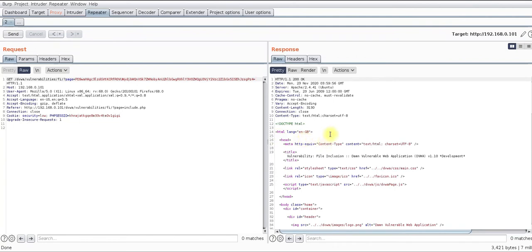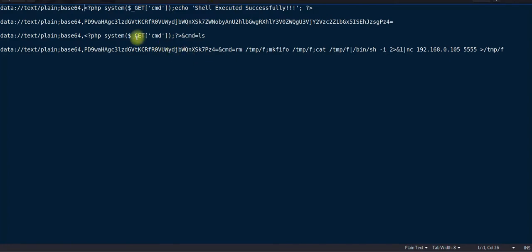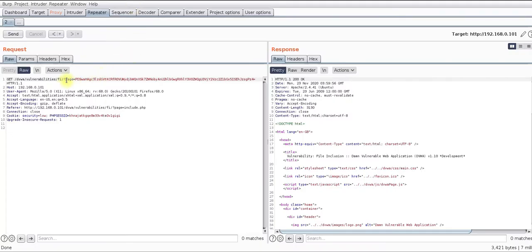See here, did we receive any response? No, since my payload is not completely built up. So I have to build up my payload first, which is here. I'll put in place this payload, and I'll use this PHP data wrapper to execute my payload. So I copy this whole payload and place it here and send it to the server.